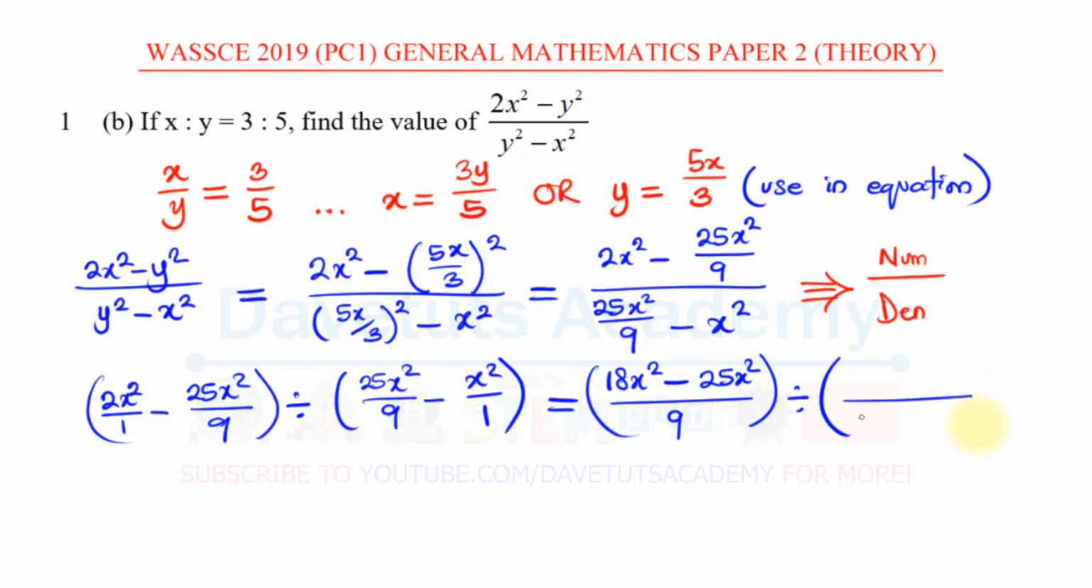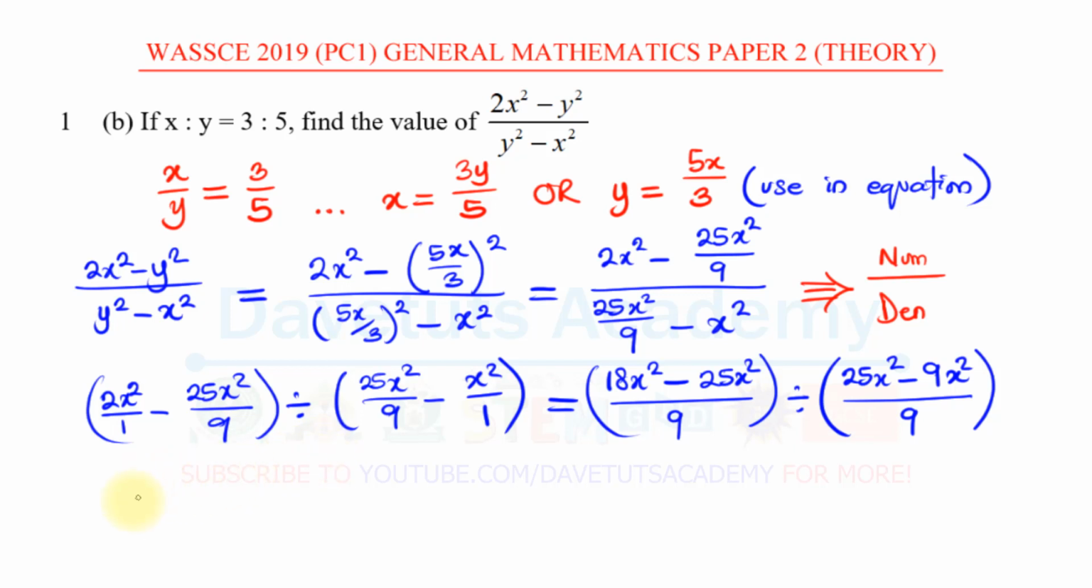The same thing I'm going to do here, find the LCM, which is 9. So 9 divided by 9 is 1. 1 times 25s squared is 25s squared. Then 9 divided by 1 is 9. 9 times s squared will be 9s squared. So I put this minus sign, then I have minus 9s squared. So this is getting simplified more and more. 18s squared minus 25s squared, that will be 18 minus 25, but we need to include that s squared,